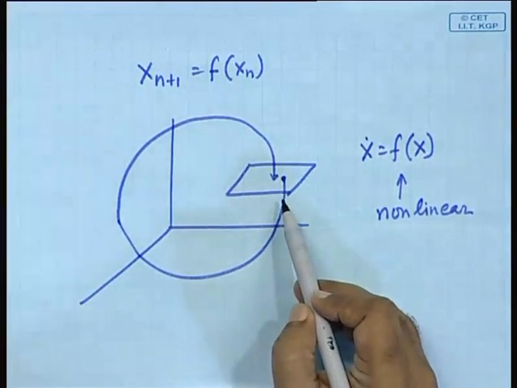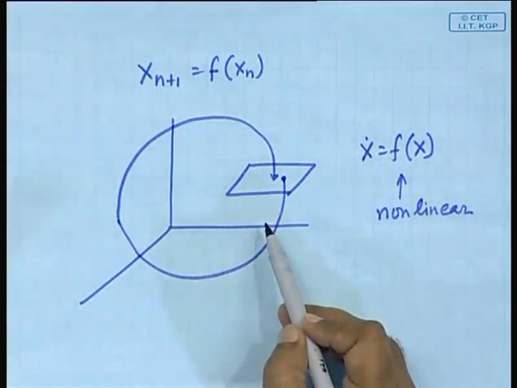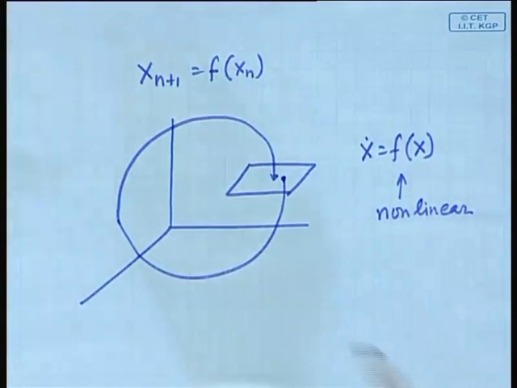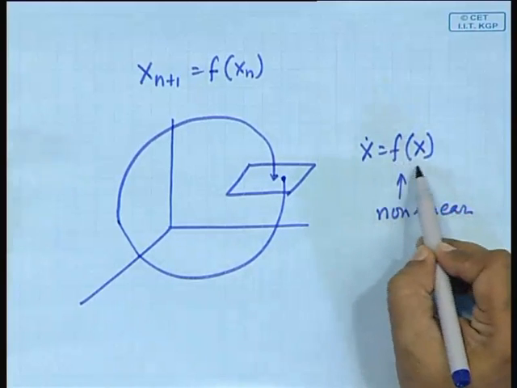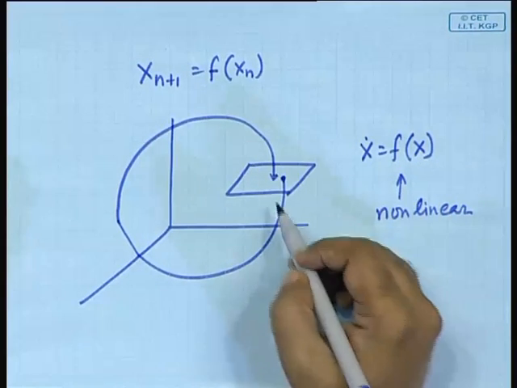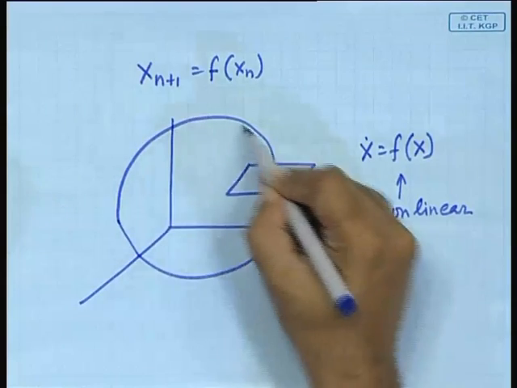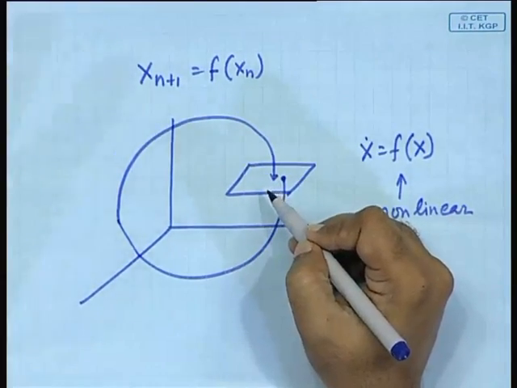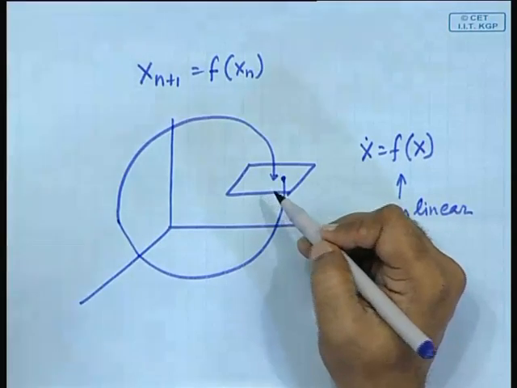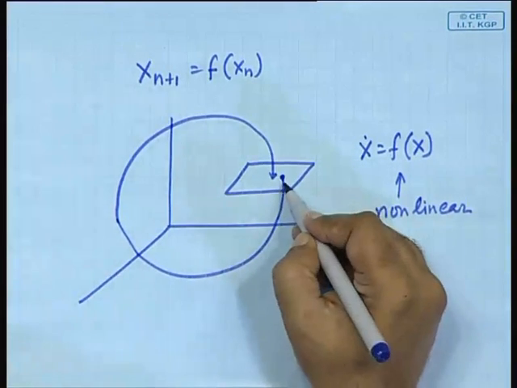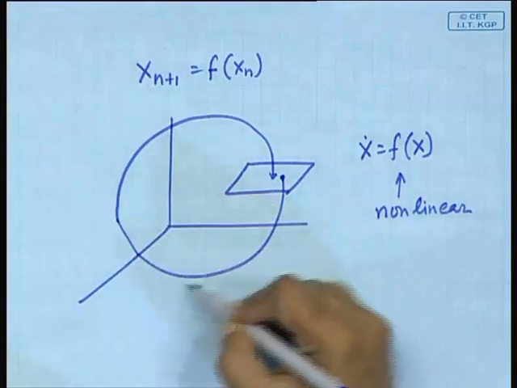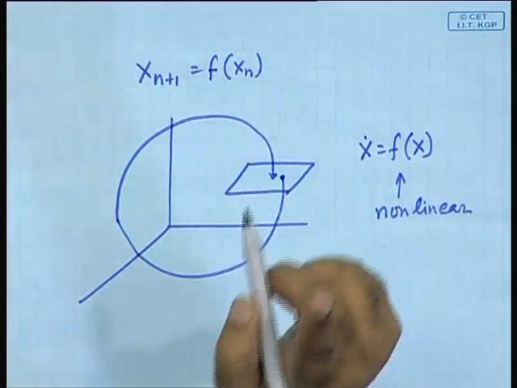Because a linear system cannot harbor a closed loop like this. There cannot be a limit cycle. So, normally this will be a nonlinear function, and if it is a nonlinear function, you cannot obtain a closed form solution representing this. You will have to do it by the Runge-Kutta method, by computer, by means of a numerical routine. So, you will take small steps by the Runge-Kutta method and finally go around and find out